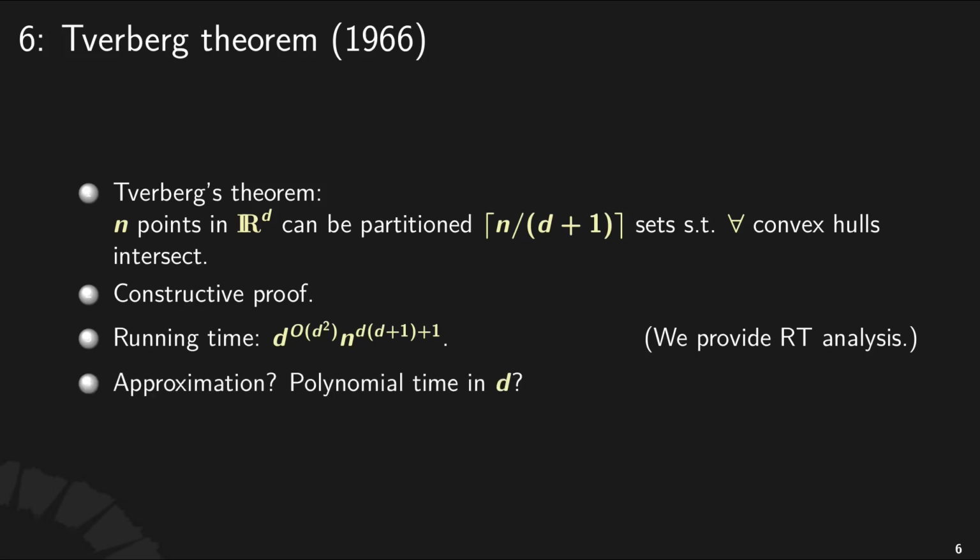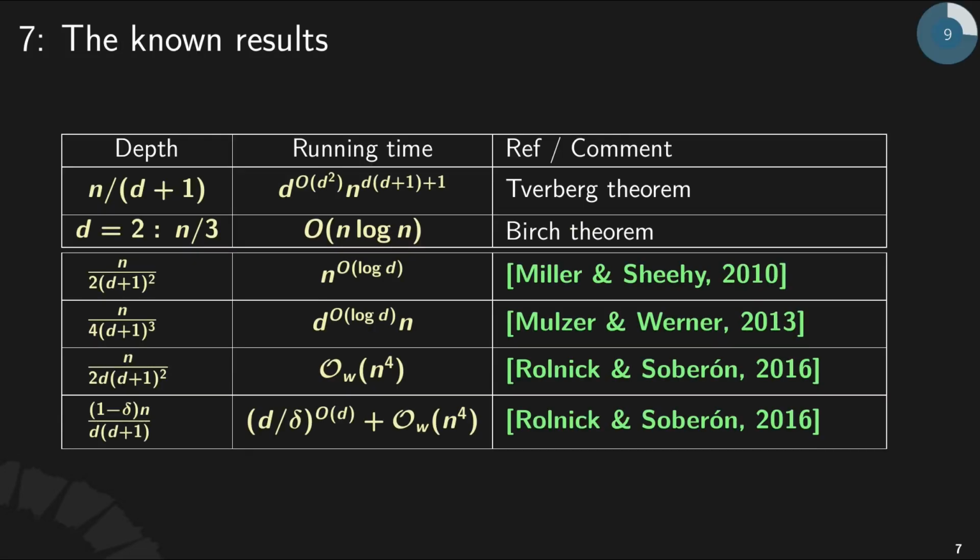So the natural question to ask is, can we do approximation? Especially, what can we do with polynomial time in d? And here is the table of the non-results. So there is quite a bit of work. I would say the two most relevant results for our work are the results by Miller and Sheehy, and Mulzer and Werner. I'm not going to go through the table, but roughly you get the same gap we had before,